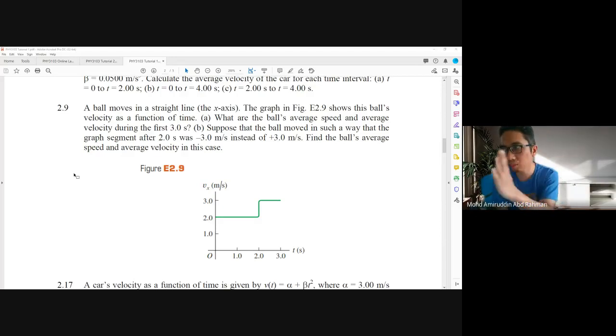So the ball is moving to the other side. Okay, so how to solve this? So we need to find out the ball's average velocity in this case. Okay, so what do we have here? So the information said that